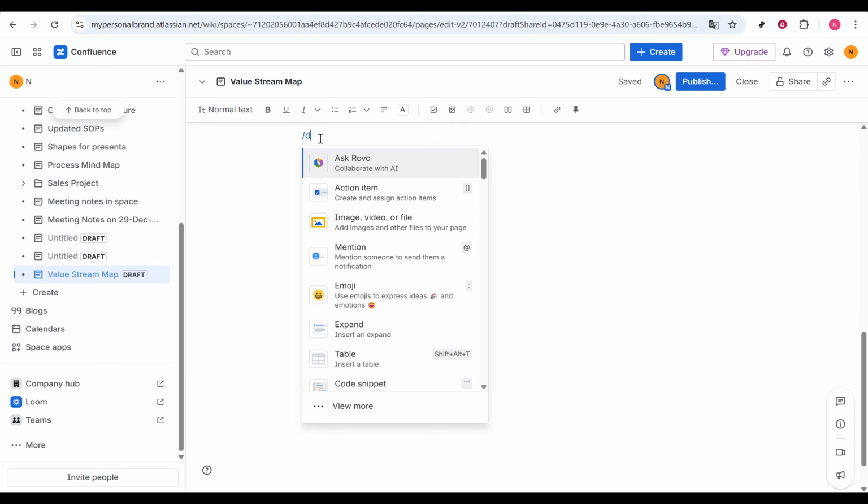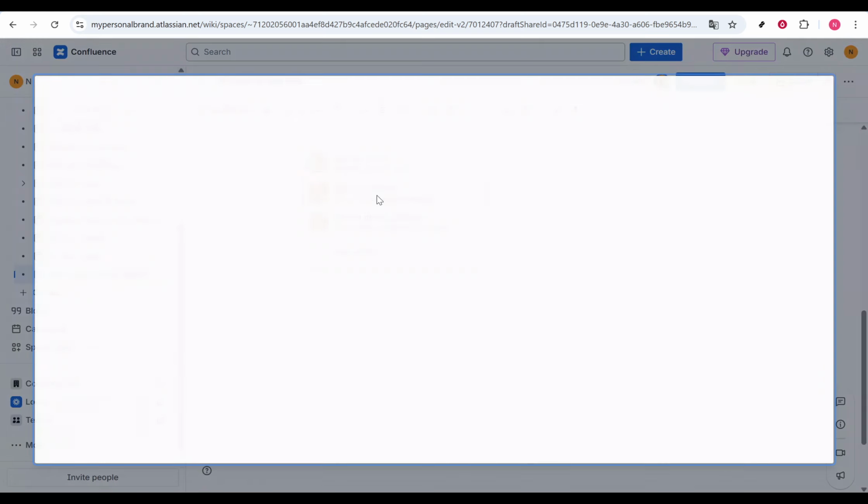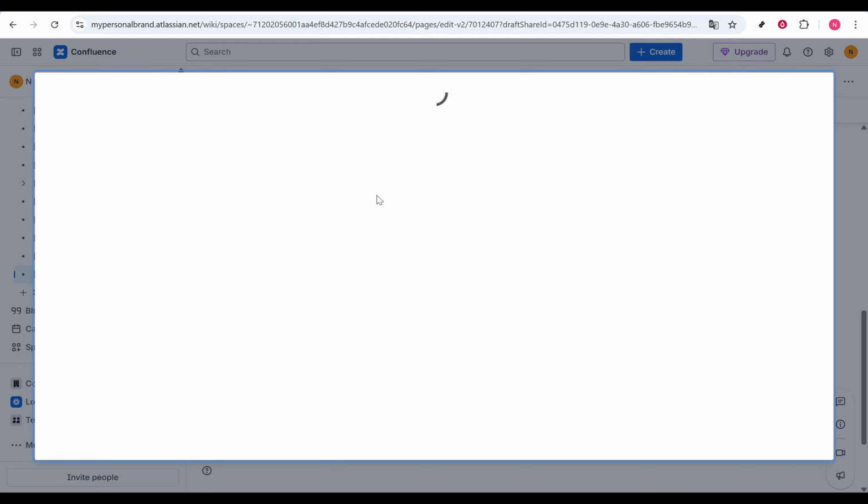Start by opening the Confluence page where you want the map to live and switch the page into edit mode. In the editor, type /draw. From the menu that appears, choose the option to insert a draw.io diagram. When the Draw.io window opens, select blank diagram, so you start with a clean canvas, then click Create to launch